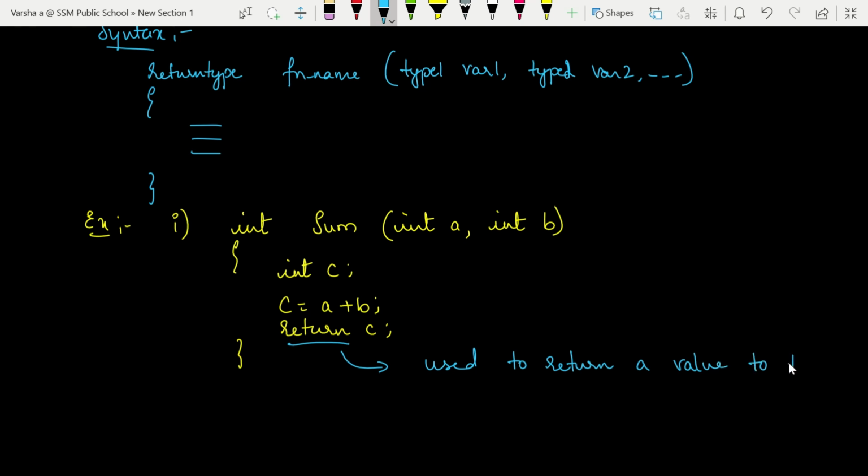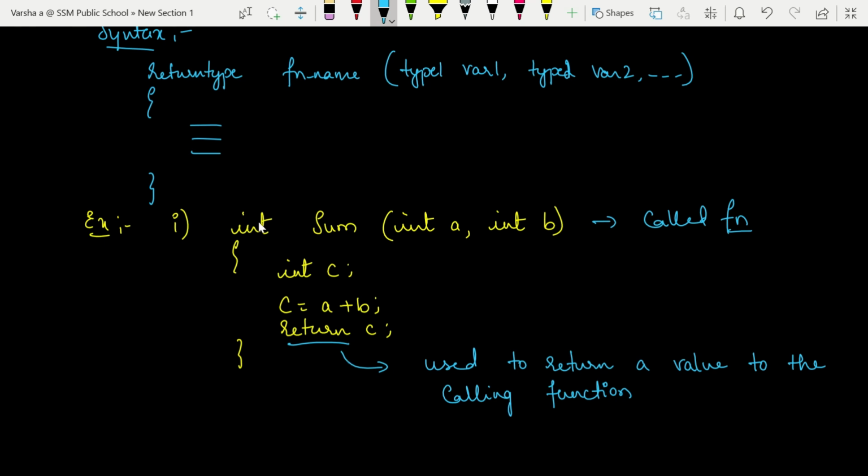So what is the calling function? The function in which a function call to this is placed will be called as the calling function, and this is going to be the called function. Okay, so this is the called function, and from main you will call this. Wherever this function call is present, that is called as the calling function. So to that point this value will be returned. I'll explain a complete program so that you can easily understand. So right now you just understand how to write the function definition.